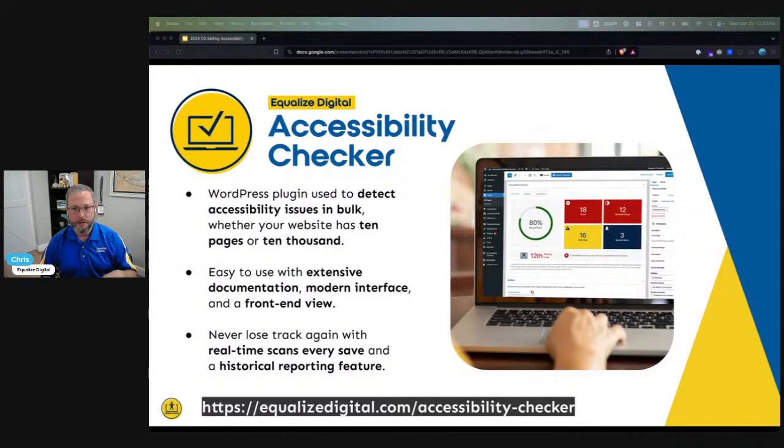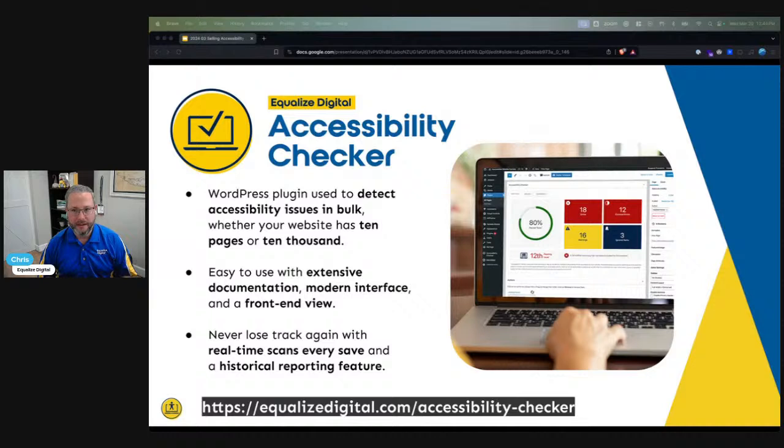There is a free version, and there's a pro upgrade to the tool that has more features. On my slide here, you can see a screenshot mocked up on a laptop of the Equalize Digital Accessibility Checker's individual page and post report interface. On that, you can see that it is outputting errors, warnings, as well as a percentage pass test score and a reading level. And there are numerous things that you can drill down into in terms of reports and everything else. There are no limits to the quantity of pages and posts you can scan with this tool.